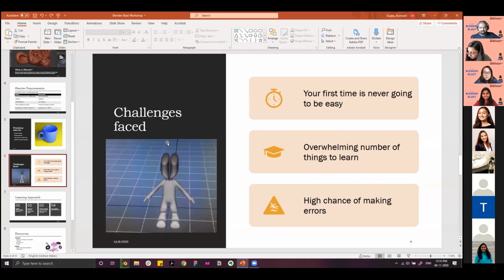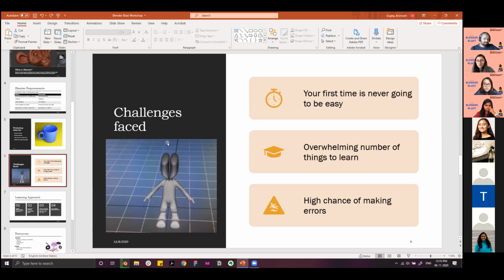The first time is always difficult, there are so many things that can go wrong but you're not aware of them. It's as good as coding, because it's very difficult to find what went wrong and you have to debug the entire process. Especially when creating 3D objects, you have overlapping meshes, which is very difficult. So the first time is never going to be easy.